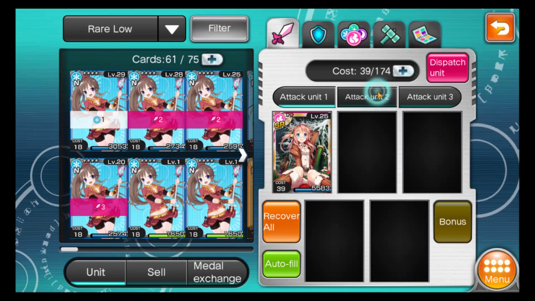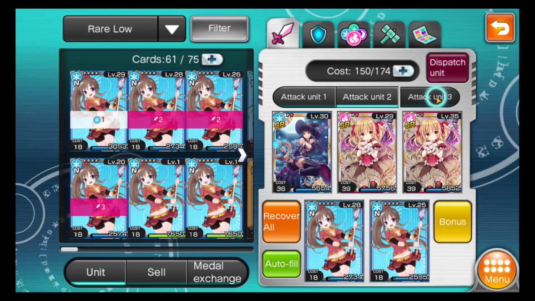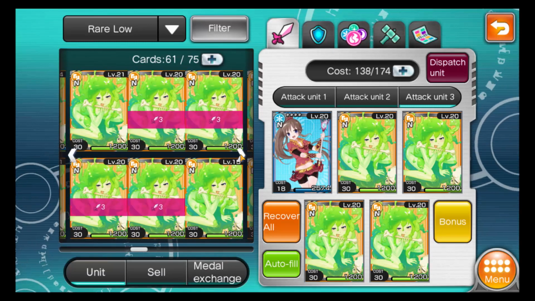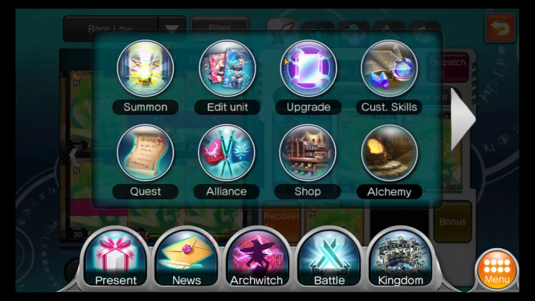So we're leveling up our super rare there. And then this is just pretty much our best team at the moment. And here is just some other teams we're leveling. So I think we already had like level 20 slimes over here, or maybe we didn't. We'll take one out. So now if we go to upgrade,